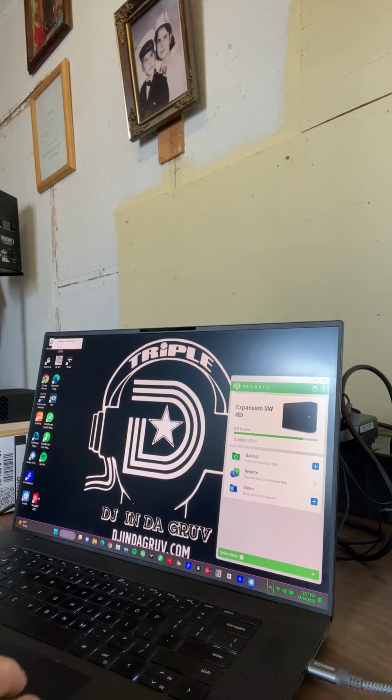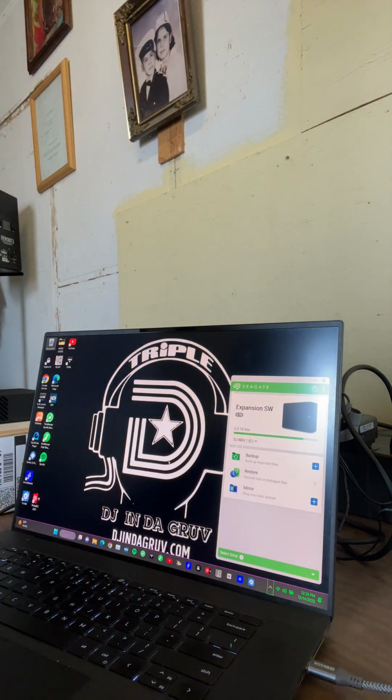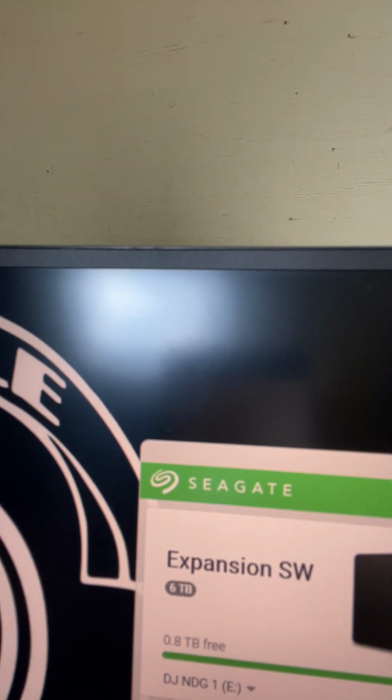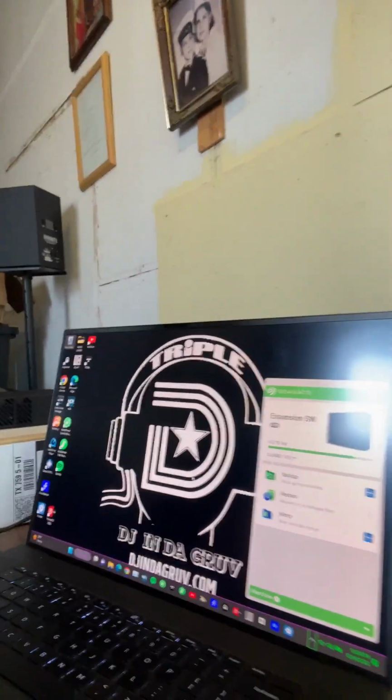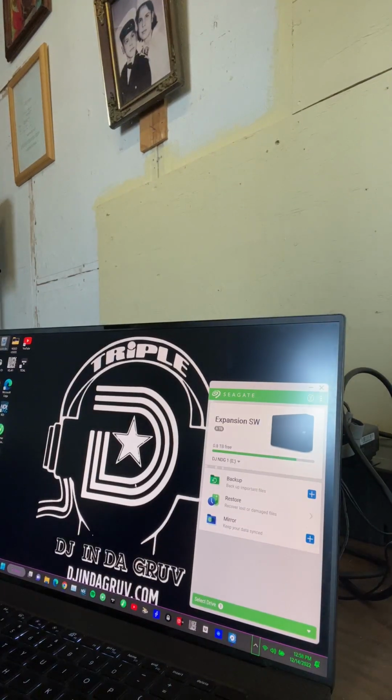All right, so just let me do a little bit of cleaning here, and we'll go ahead and proceed. So yeah, if you can see this, it says 6 terabytes is how big this drive is, my external. So let's go ahead and proceed with doing